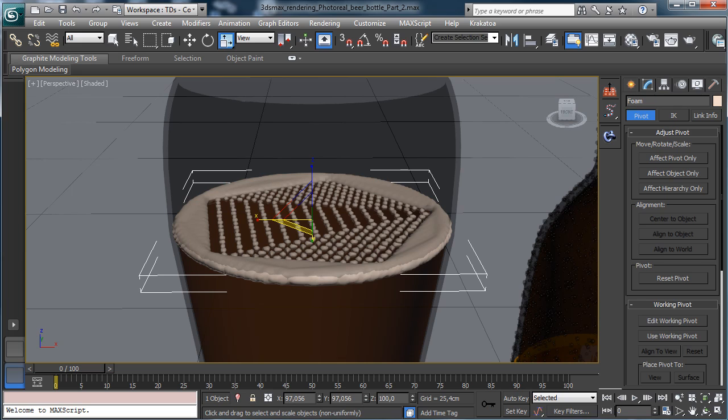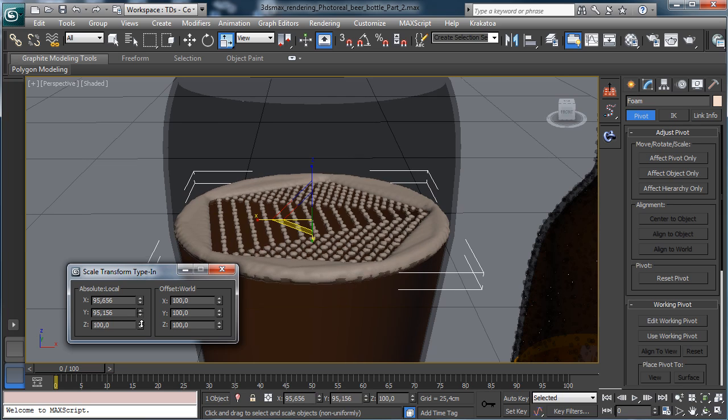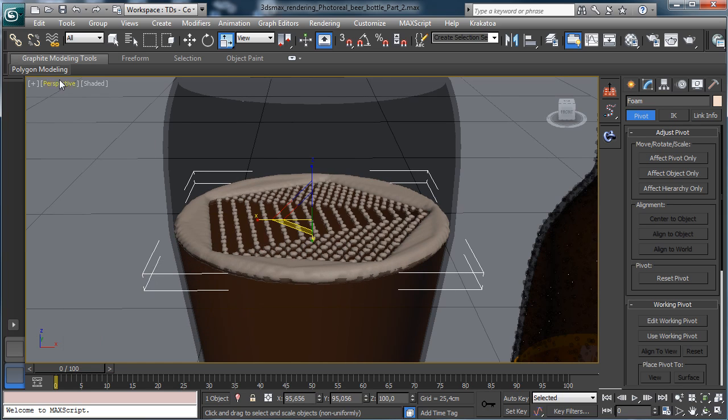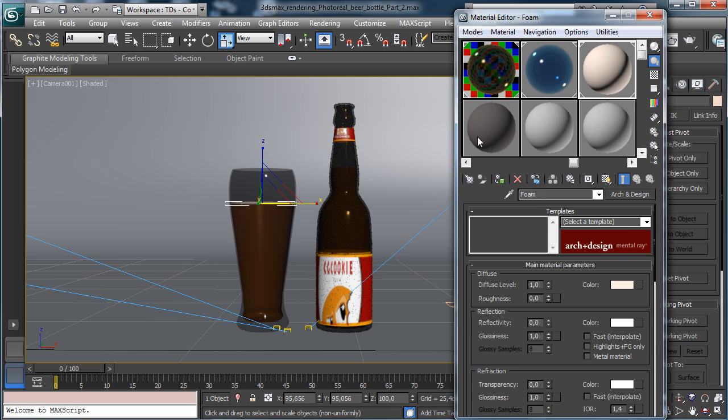We can play directly in the scaling there. So we are sure that we have it just over the beer. Okay, back there, and let's try to